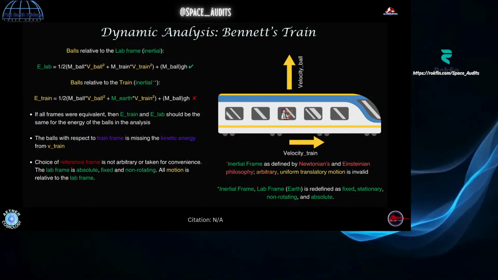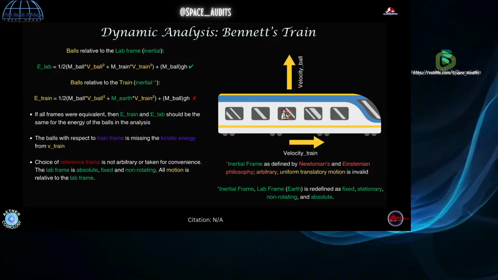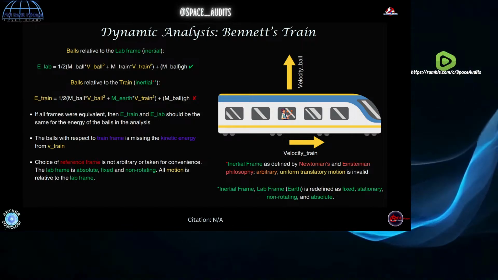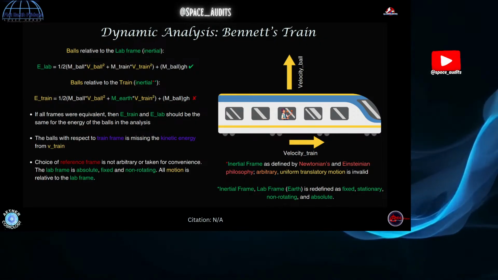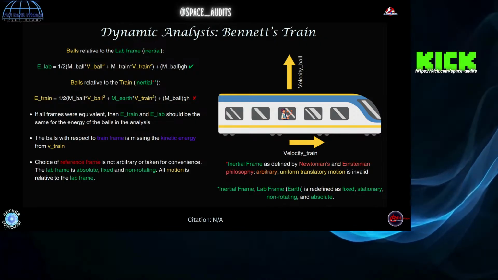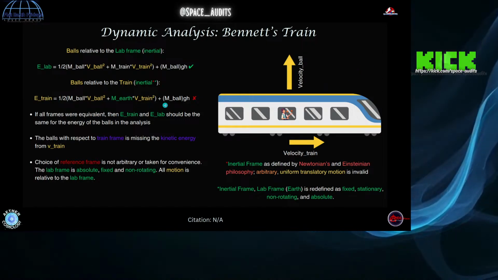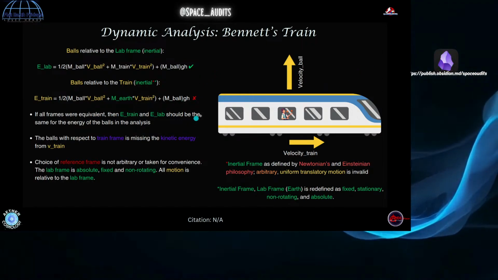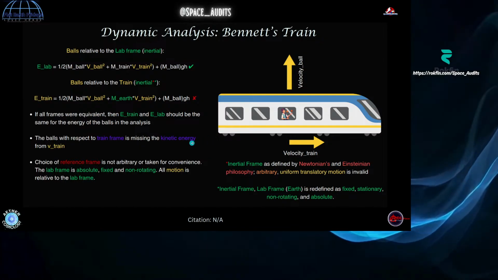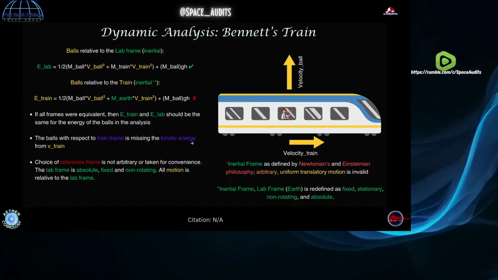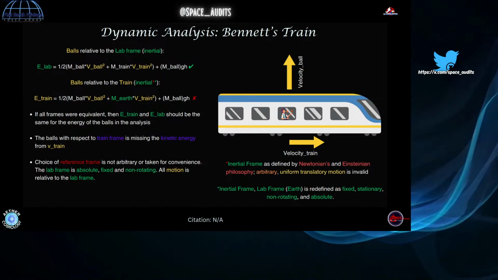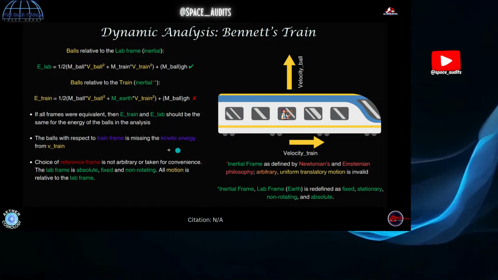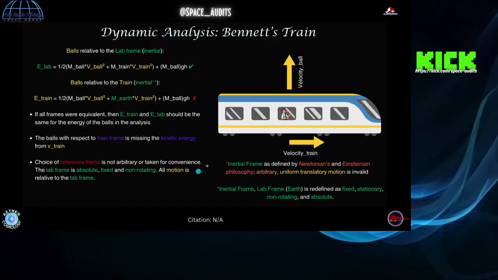So this definition of an inertial frame being defined as a frame at uniform constant velocity, and it can't be shown that there's a rest frame, and where is it? It's like the Earth. The Earth is where it's at. The choice of reference frame taken by convenience is a myth, because when you go to satisfy the conservation laws and make the correct predictions for the energy outputs, it's all with respect to the stationary lab frame.